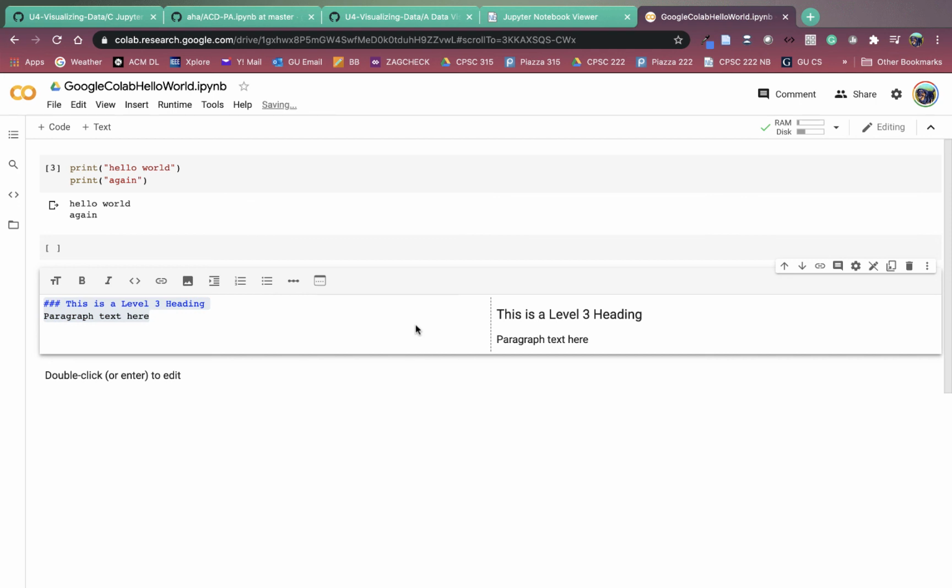All right, so Google Colab is another way to work with Jupyter Notebooks. Okay, this one is running on the Google infrastructure. This Google Colab hello world.ipynb is saved to my Google Drive, so it's up in the cloud. This is really great if you're on a machine that doesn't have, say, the Anaconda Python distribution or Python installed,